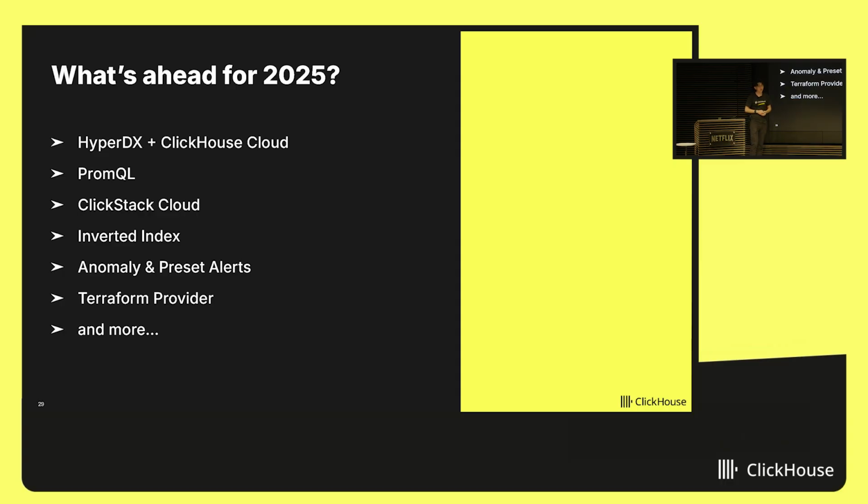All right, and then one of the last things is what's ahead for 2025. The first thing we're working on really soon is to bring the UI I just showed to work on top of ClickHouse Cloud. So if you're an existing ClickHouse Cloud user or customer, you can use the UI directly within ClickHouse without having to host anything in open source. Another thing that's really exciting is PromQL support as well. A lot of folks like to query PromQL metrics. That is on the way. I think there's already some stuff happening in the open PRs you could take a look at as well.